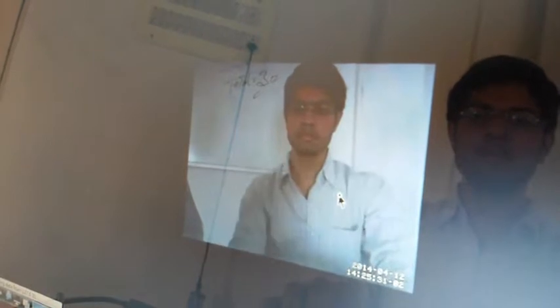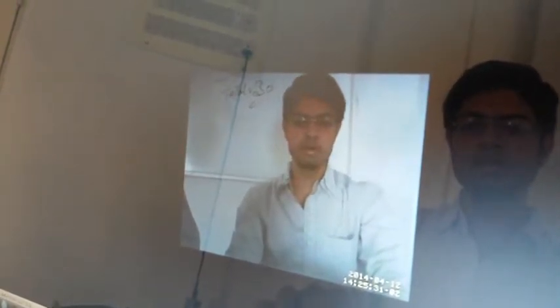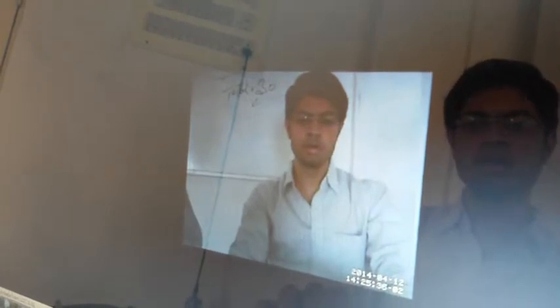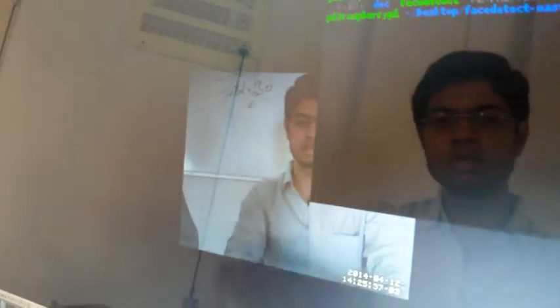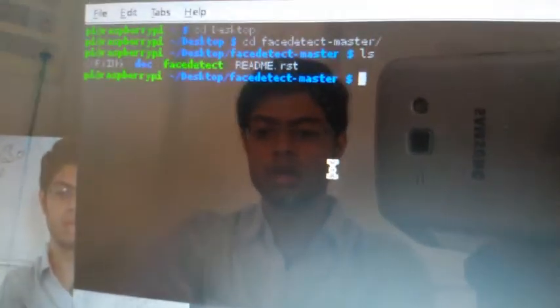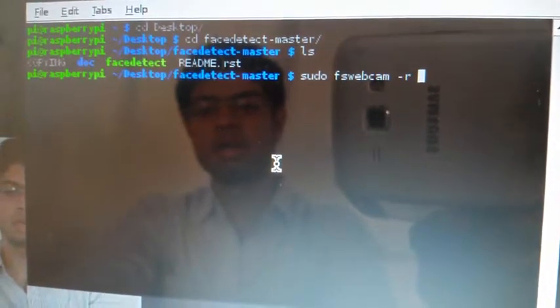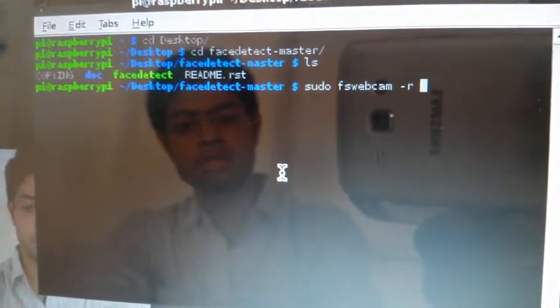As we can see, the webcam live feed is running, and now we can capture an image using the terminal. We have a command for it. It is fswebcam -r.